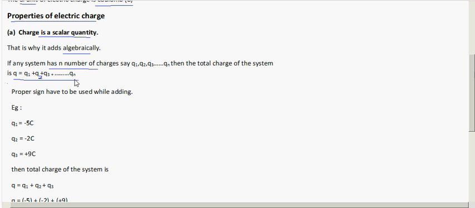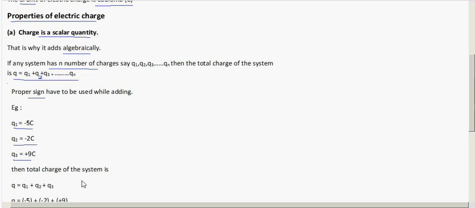To know the total charge in the system, you just add all the charges together. For example, if you have a system which has n number of charges, Q1, Q2, Q3, etc. up to n charges, then the total charge Q is Q1 plus Q2 plus Q3,